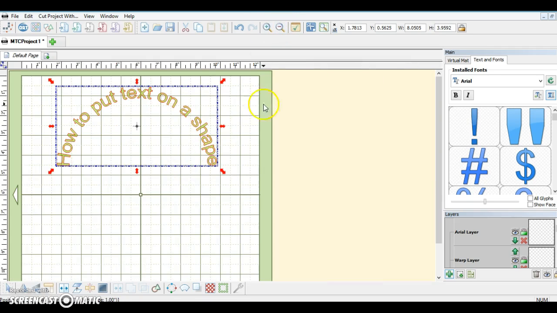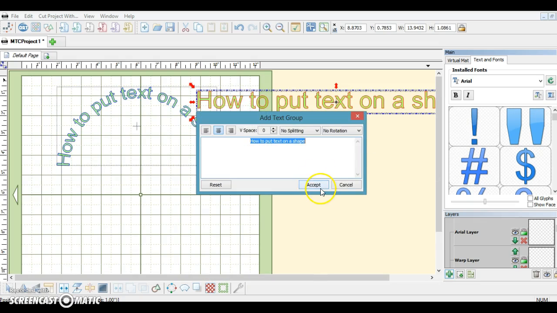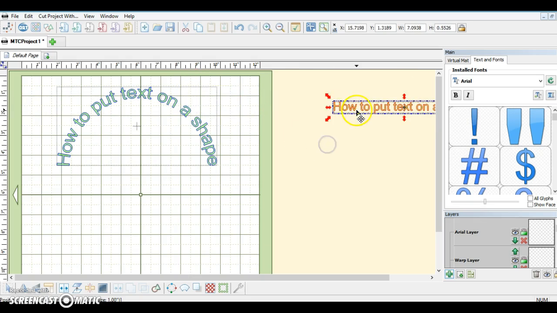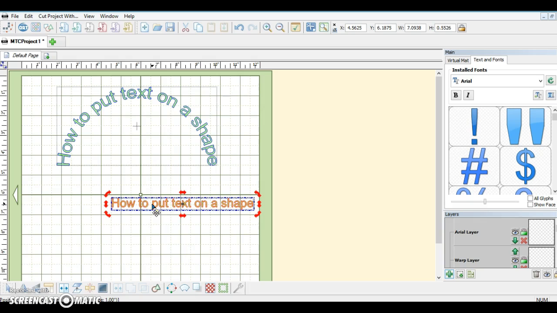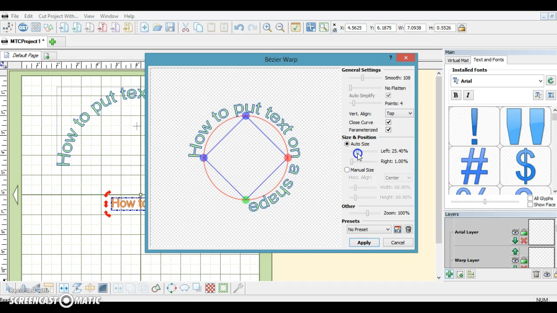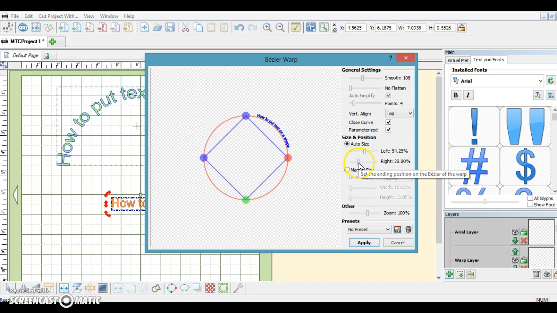So I'm going to do that again and just get the same text, bring it down. There we go. Now this time I'm going to use the same wrap tool, but say we want it to go on the bottom, so we're going to want, say, their phone number on the bottom under their logo. So you can just play with these and get it dragged around,